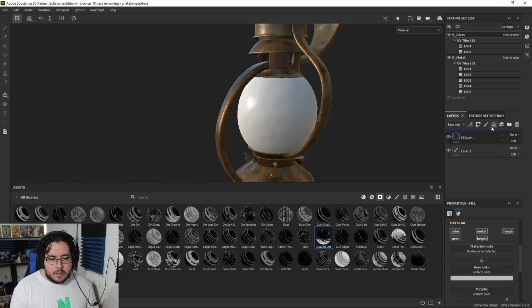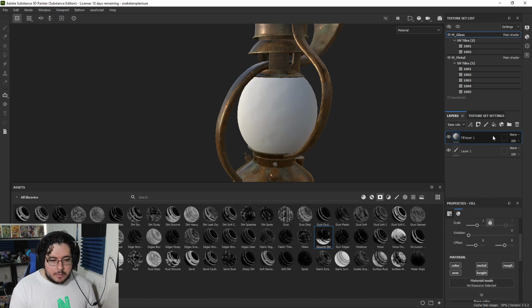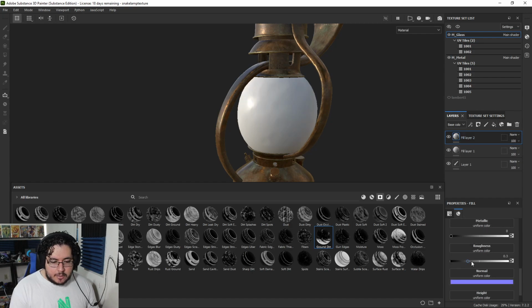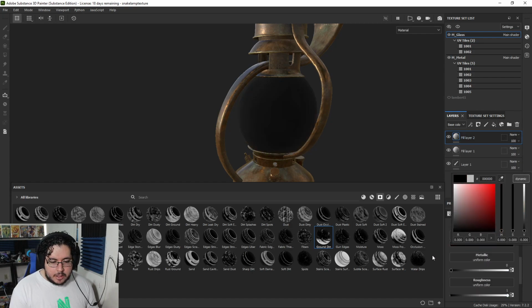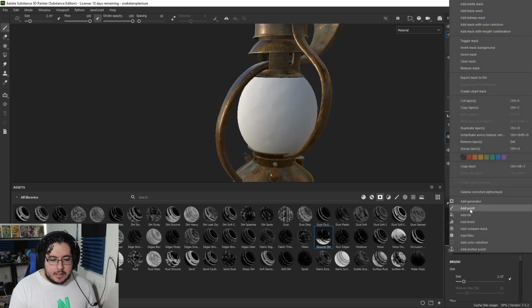And it's very simple. I'm going to create a fill layer here, roughness all the way up, and this is going to be my white mask. Another fill layer, roughness all the way up, and color all the way down to black. And then on this one, I'm going to add a black mask, and I'm going to say add a fill